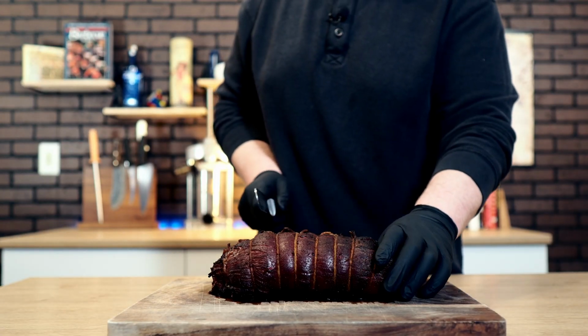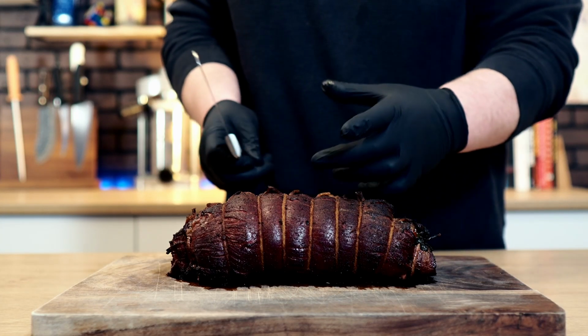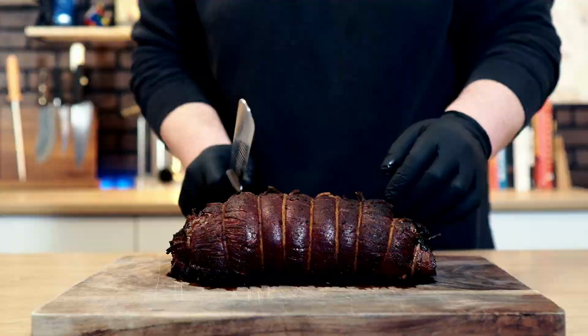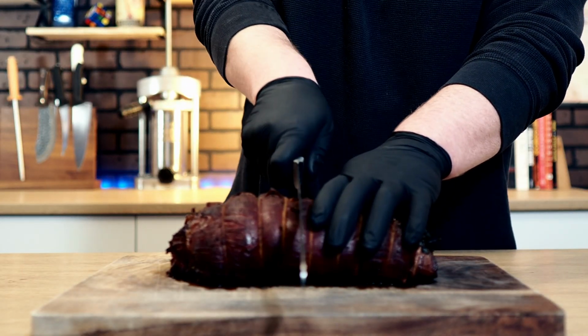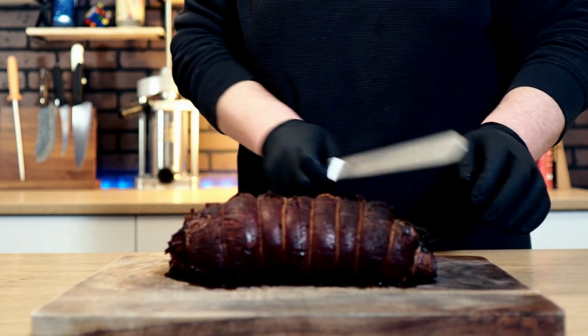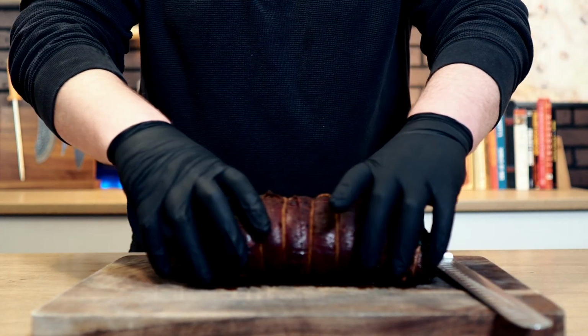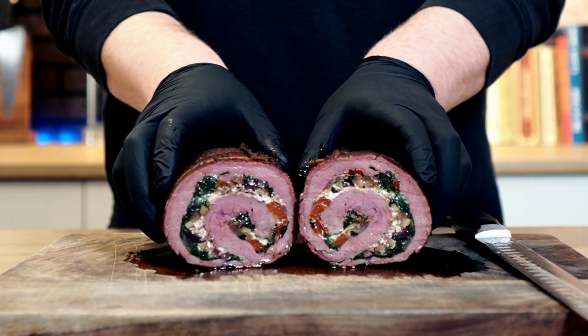Without further ado, let's slice this up. So you're gonna wanna leave the string on, and what I like to do is cut the slices on each side of the string so each slice will be held together with that twine. So let's go ahead, just cut this right down the middle. See how this came out. You ready? Oh my